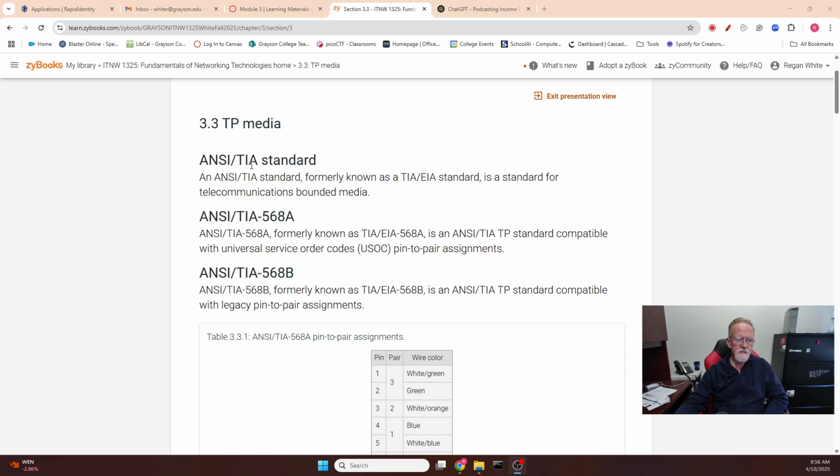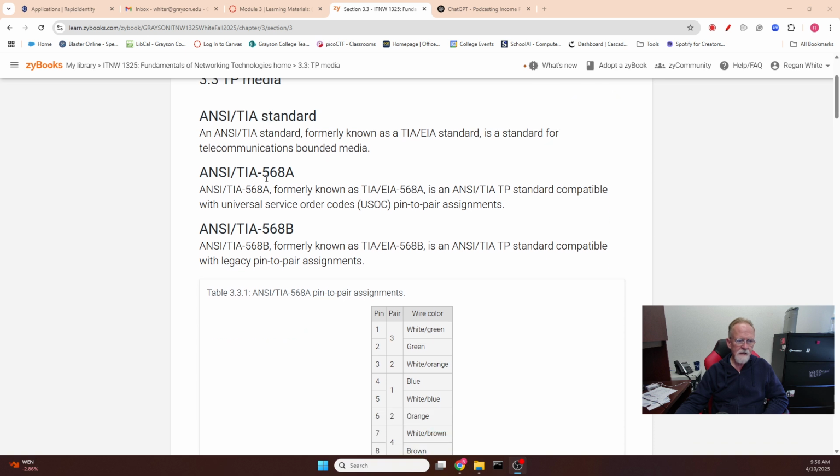Okay, the ANSI TIA standard, which used to be called the EIA standard, is a standard for telecommunications bounded media. ANSI TIA 568A is the wire pattern usually used in crossover cables. Most people use the 568B pattern, which is orange-white, orange, green-white, blue, blue-white, green, brown-white, brown. They use that for straight through cables, and then if they make a crossover cable, they make one end 568B